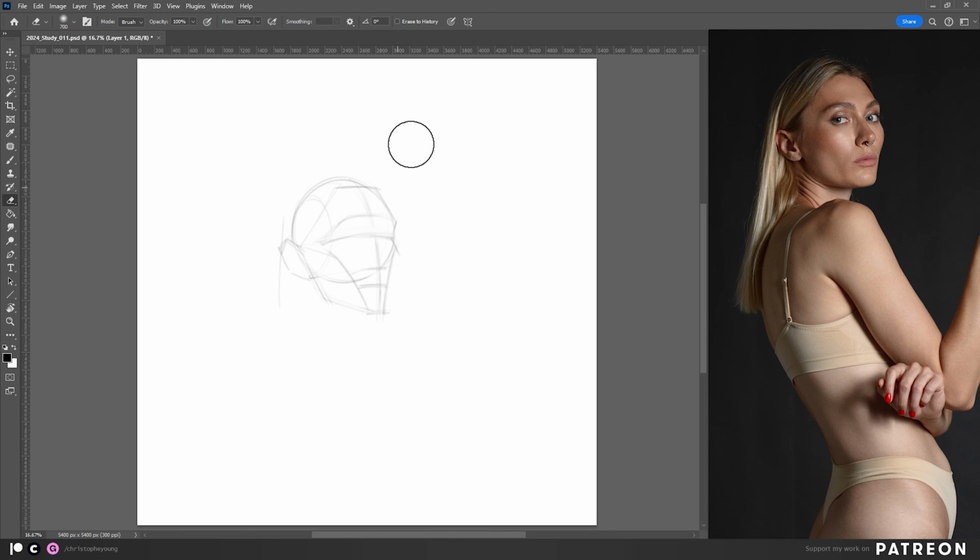The ref pack has a variety of categories of poses. So there's some full body poses, some poses that are more focused on the upper body, so more like torso shots, and a little bit more intimate bust poses. So in this video, I just picked out a couple portraits that I really like from the pack, and I'll